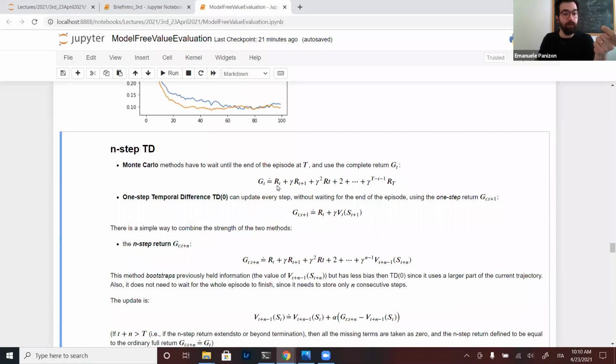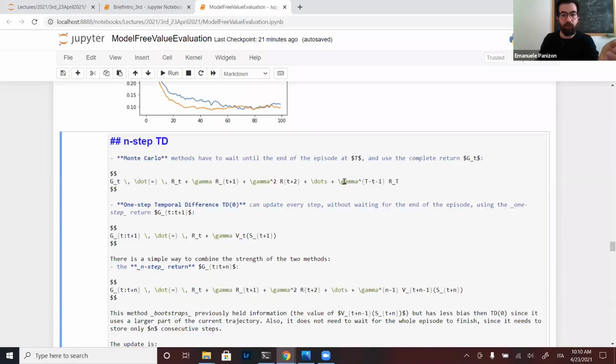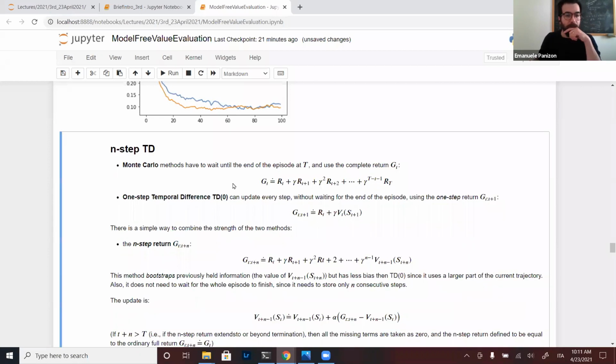Remember that the complete return is defined as the instantaneous reward plus gamma times the discounted reward afterwards, and so on. The point of Monte Carlo algorithms is that they update the value using the complete return. One-step temporal difference, also known as TD(0),